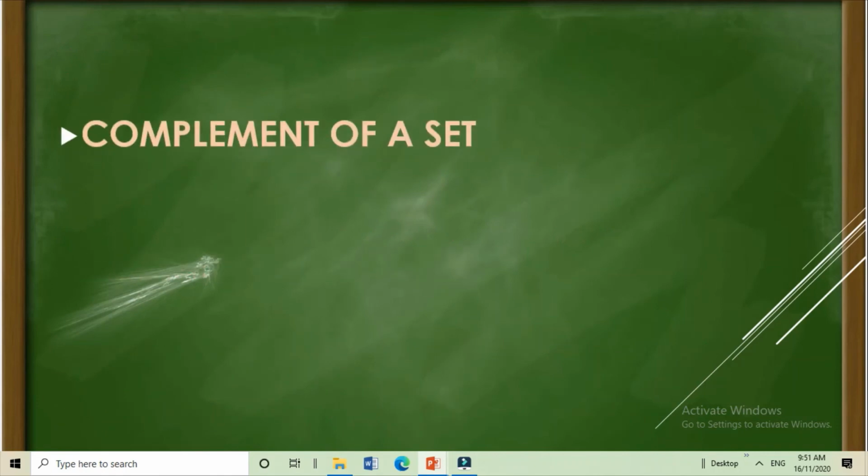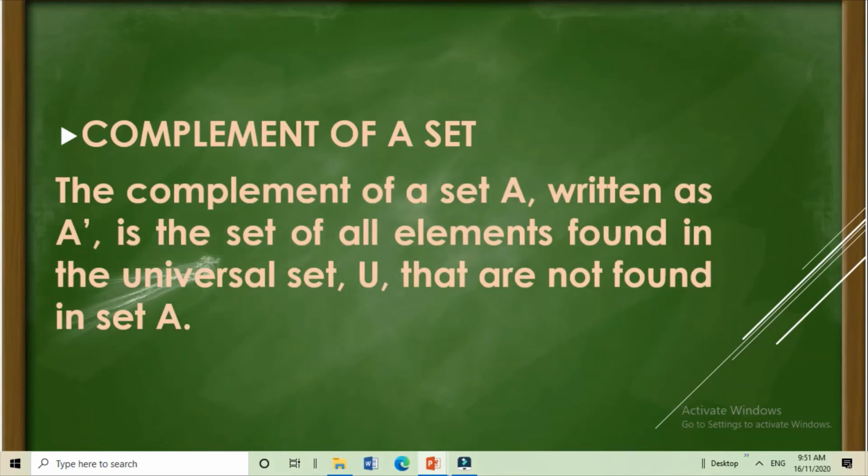So we have here also the complement of a set. The complement of a set A, written as A with an apostrophe on top, is the set of all elements found in the universal set U that are not found in set A. So, masasabi natin complement of a set siya if ano yung mga elements na nandun sa universal set pero wala siya sa isang set.